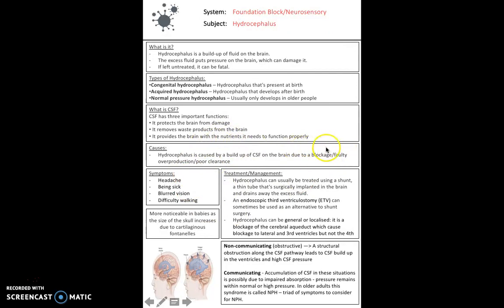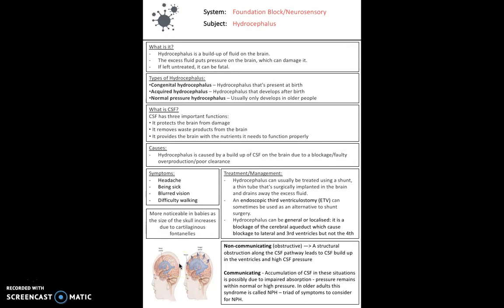So these are usually the 3 most common mechanisms of the buildup of cerebrospinal fluid on the brain. The symptoms as a result are headaches, being sick, blurred vision and difficulty walking. So these are all things associated with damage on the brain or pressure effects on the brain. This condition is much more noticeable in babies as the size of the skull increases due to the cartilaginous fontanelles